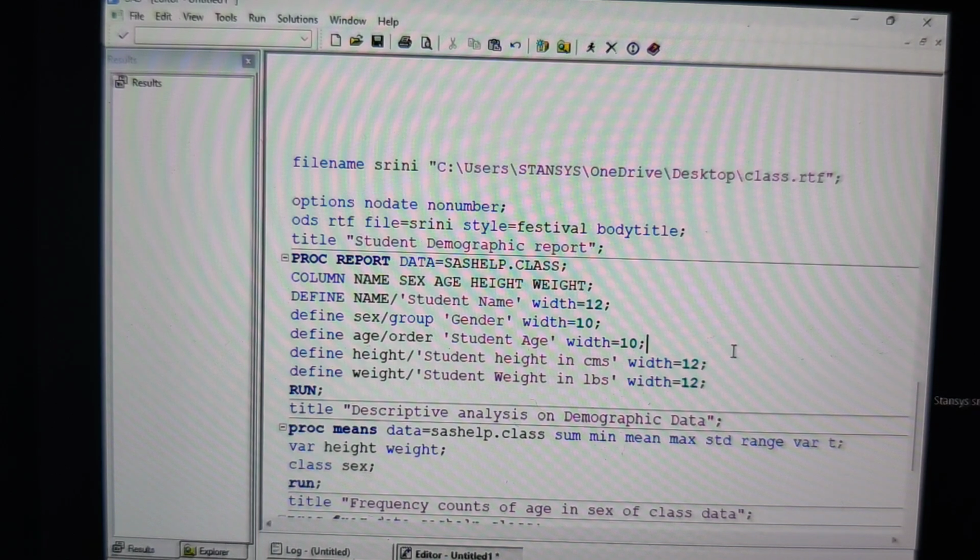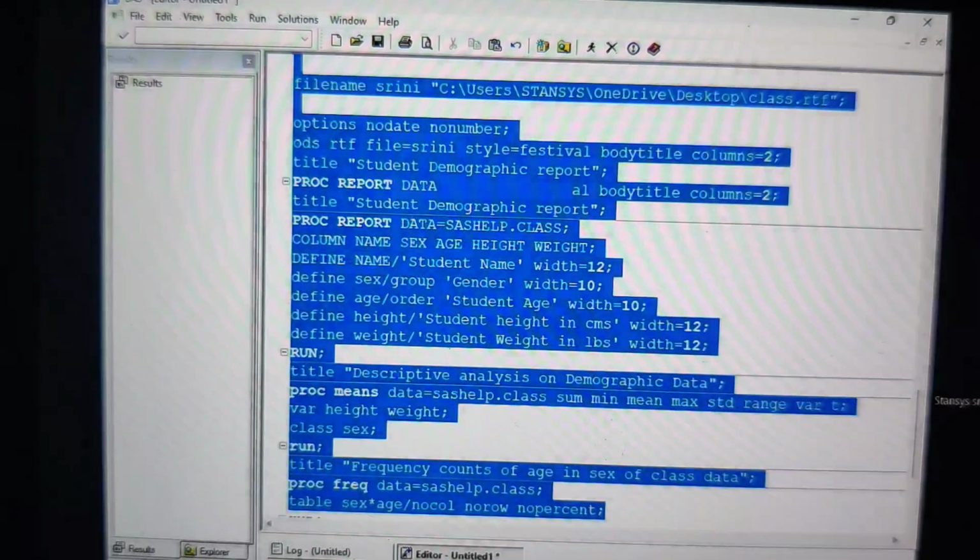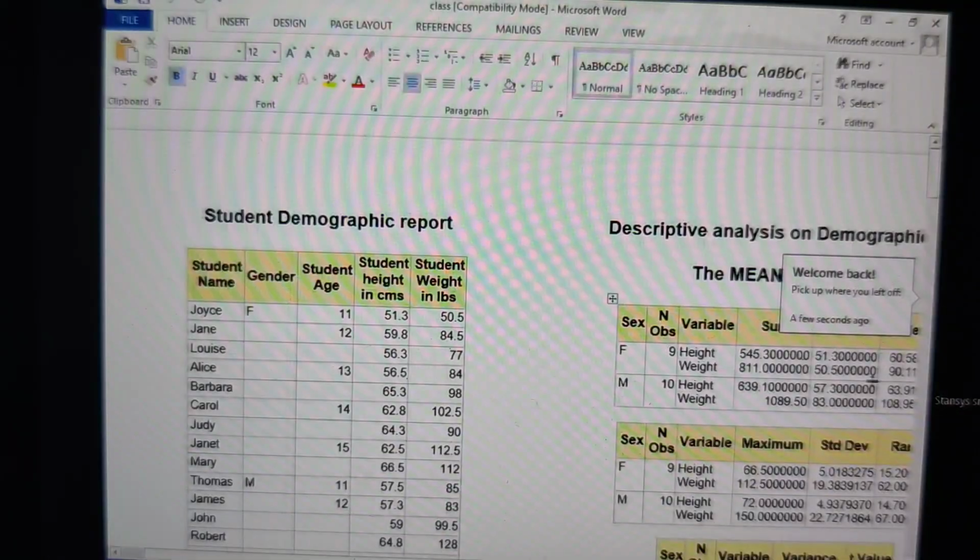Now, if you see any textbook, not all textbooks, but in some textbooks, in one page, the text is going to be in 2 columns. If you see the newspaper, in one page, we are going to have 5, sometimes 6, 7 columns also, right? They're going to print the text in different columns. Now I want to print the report in RTF files also in a number of columns. I want to print in 2 columns in one page. If you want that, I'm going to set an option called COLUMNS equal to 2. So that means now the report is going to print in 2 columns. Can you see? In one page, we have